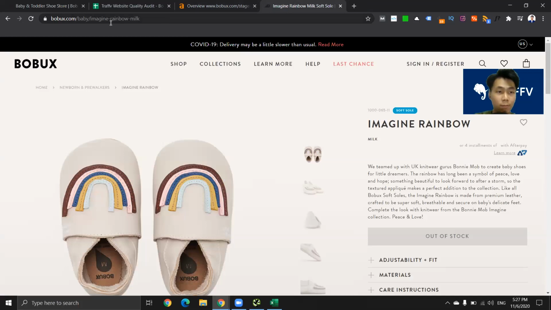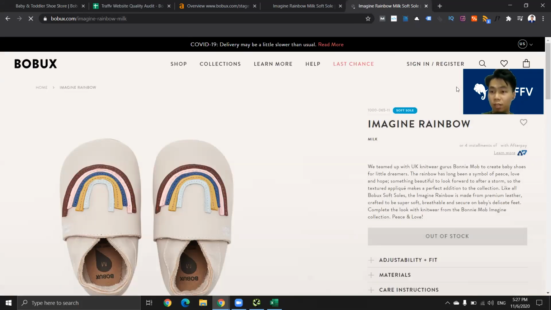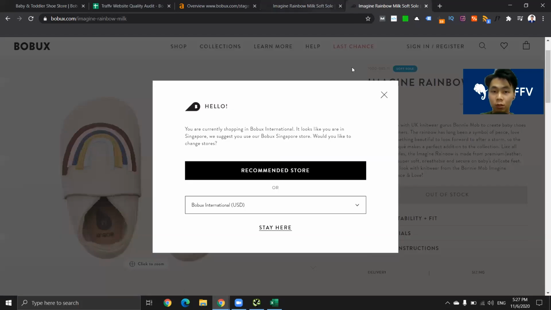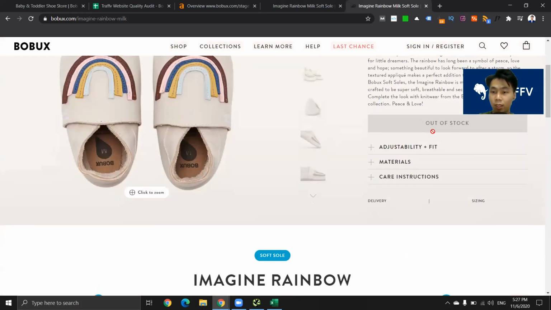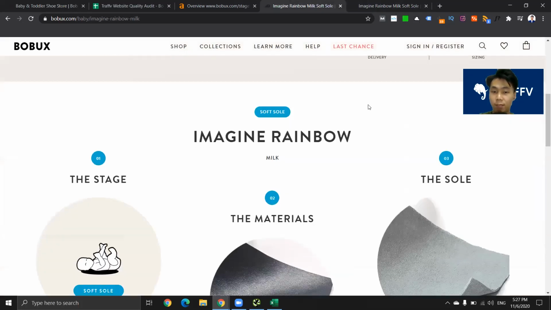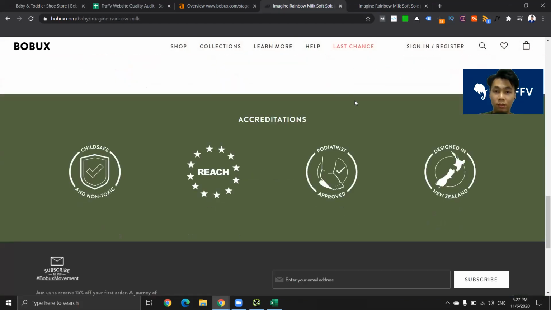Okay, so baby imagine rainbow milk, and then imagine rainbow milk. So let's see whether there is any difference at all. So they have essentially the same page, exactly the same. It's just that the breadcrumb is different, so no idea why. And then they have basically the same thing. Customer reviews,